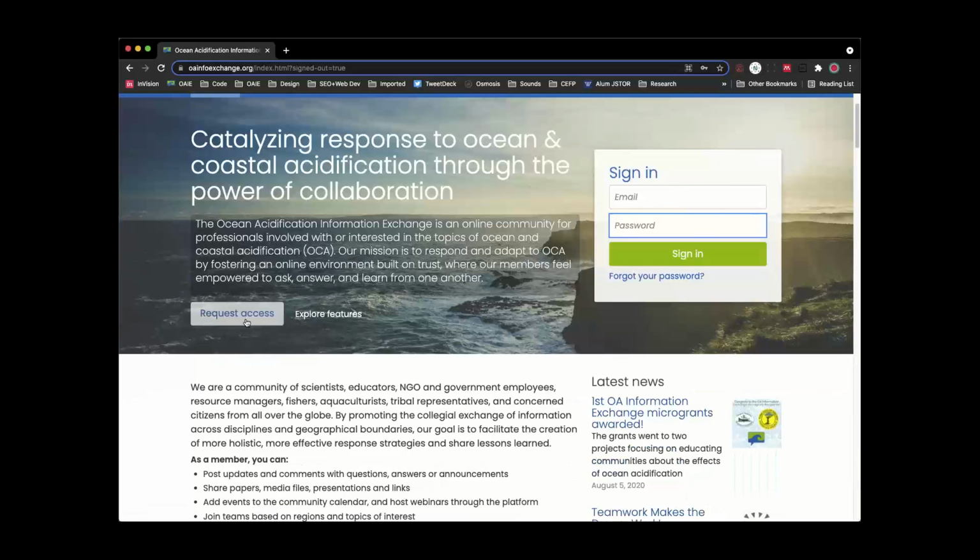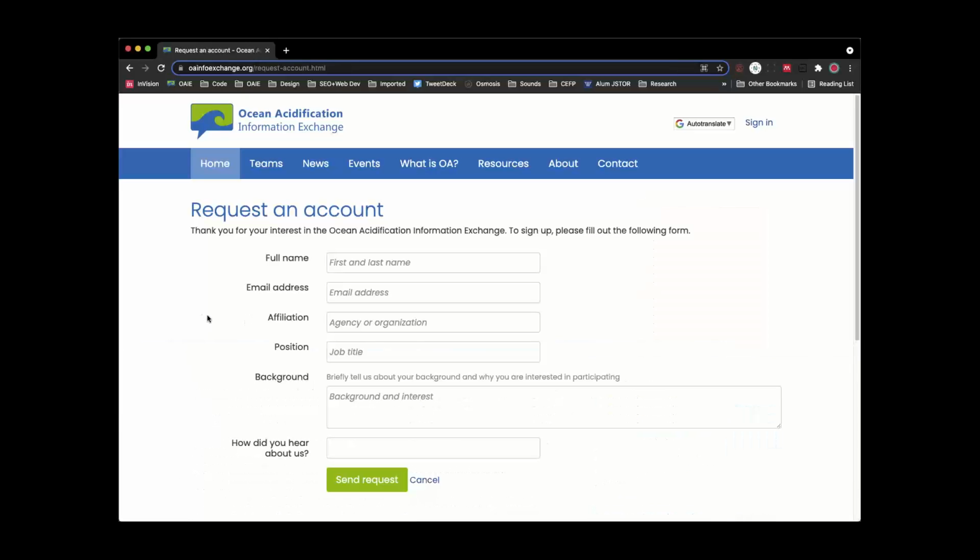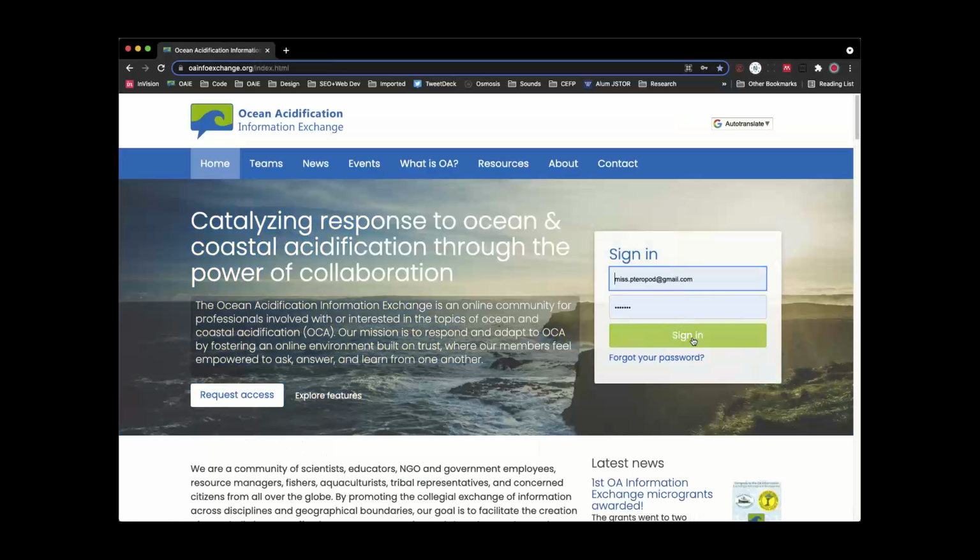It's really easy to get access to the site. You just go to this request access thing, fill out your name, a little bit of information, and then I have to personally approve all the member requests that come through. It's a pretty self-selecting site. It's not like we get crazy trolls who want to join and just cause trouble. But I feel like this keeps us in an area where everyone feels safe and like they can talk about and share what they need to. So I'm going to log on.